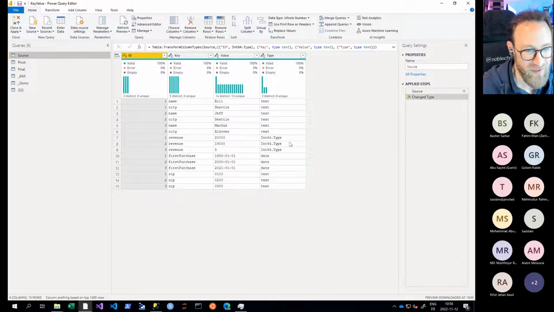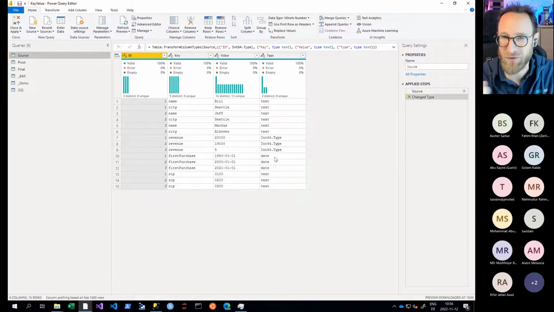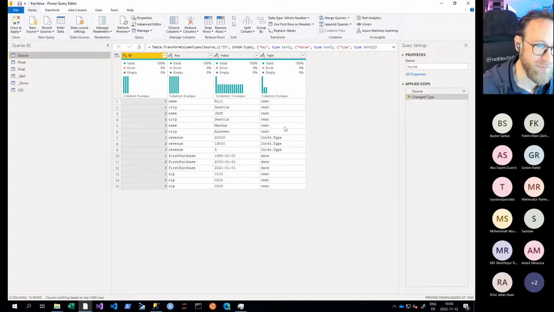What's the content of that? Here, I use the data types of Power Query, but this could also be like 1 means text, 2 means whole number, and 3 means date. It's not very important because we can react to that. I just wanted to make